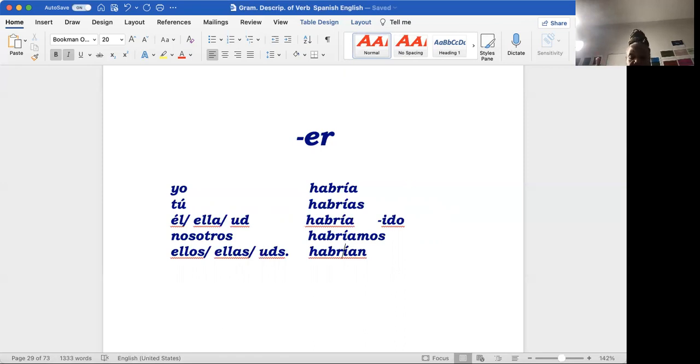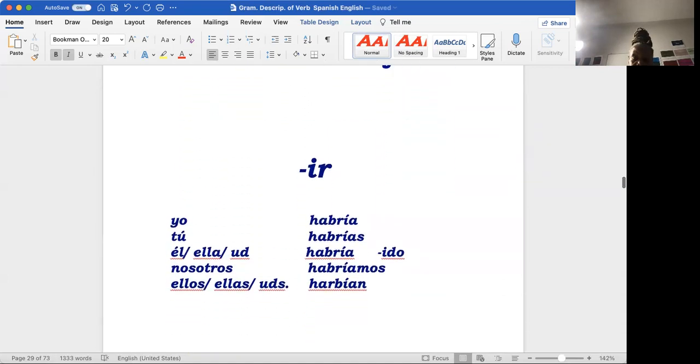Do not forget those accents. Those accents are important. Accents in Spanish are not exotic. It's not something that's pretty. It is a part of the grammar. It is important. It helps the speaker to pronounce the word or how to pronounce the word.